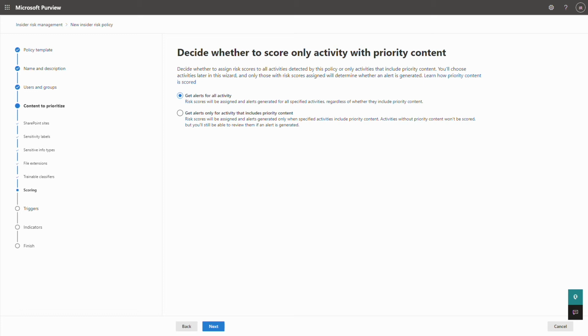If you've effectively classified your data and understand your data state, then you could choose to set up these policies, which are very fine-tuned and only looking for content that matches priority content definitions that you've set. So thereby increasing the fidelity of these policies and those alerts that are produced out of these policies. So if in the policy, for example, you've chosen to define priority content as documents with a highly confidential sensitivity label, you can come here and say only look for activity which is involved with content of that label, which allows your detections to get super precise.